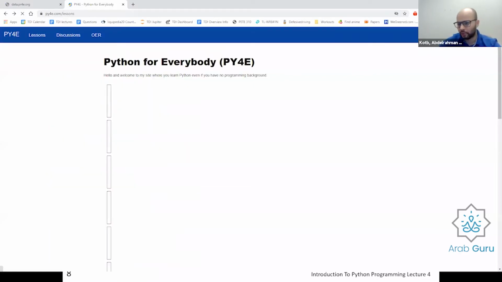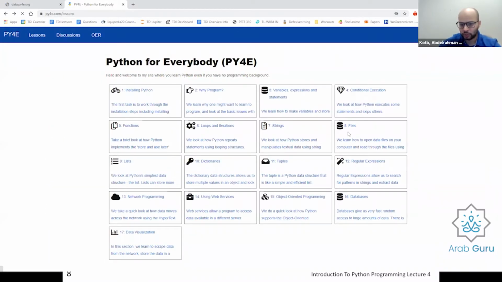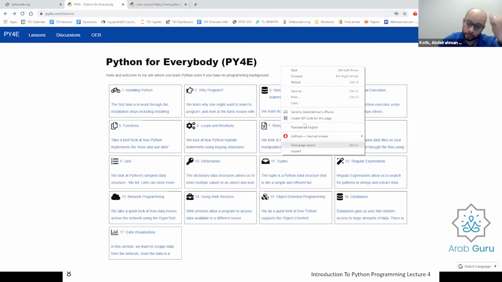I want to show you an example of how the HTML looks. If you go to any page, and you can do this for any website, you right click and then view page source, this is what it looks like.